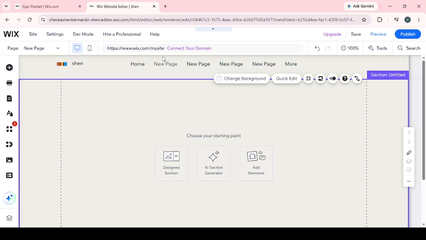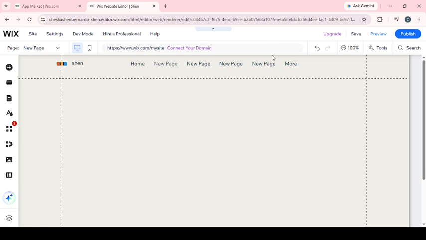Once you're inside the Wix editor, look over to the left-hand toolbar. This panel contains the main tools you'll use to customize your site, including design elements, pages, media, and apps. For this task, you'll want to click on the apps icon. When you select it, Wix will open the app market, which is where you can browse and install extra features